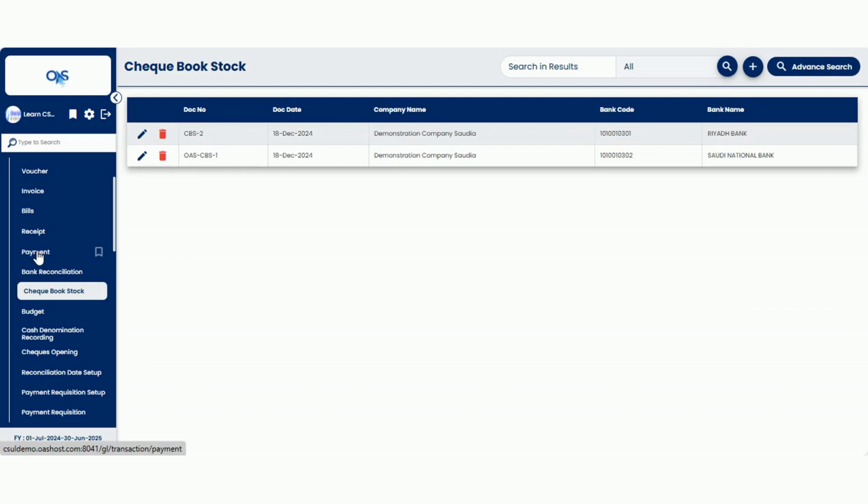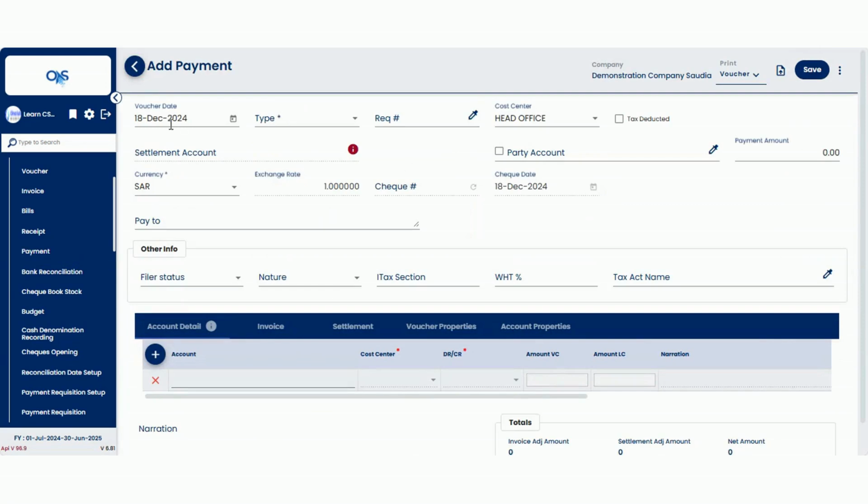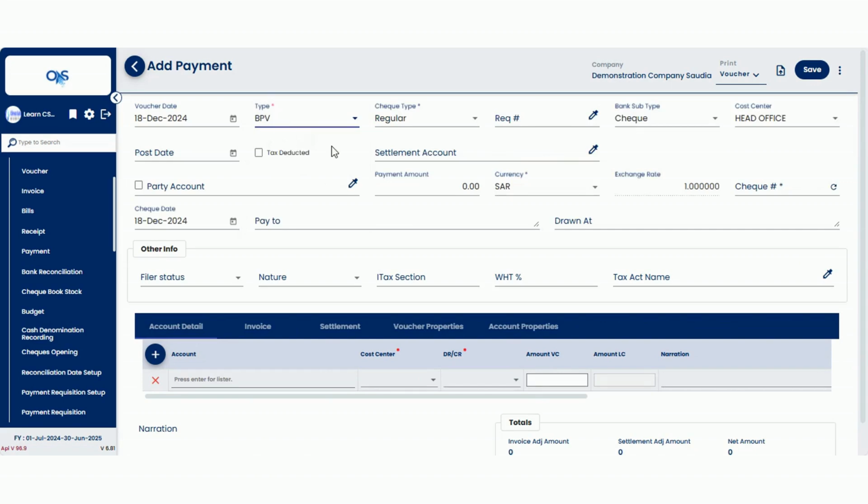Now, it's time to observe how this checkbook integrates with the payment module. We will create a bank payment voucher for a previously generated bill, issuing the payment check from the checkbook we recently added to the system. For more information on producing payment vouchers, please watch the Payment video tutorial or refer to the relevant section in